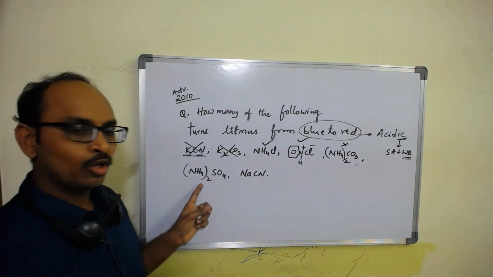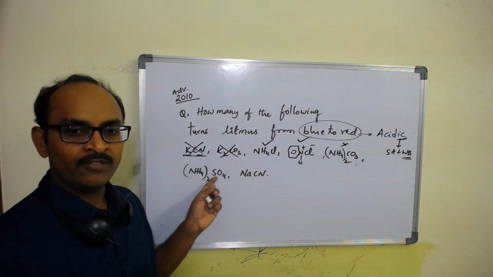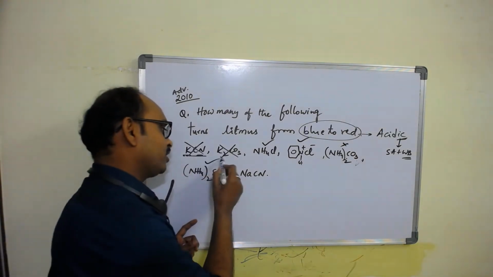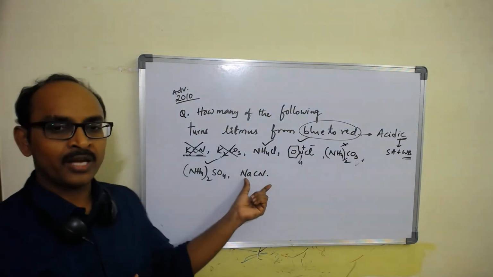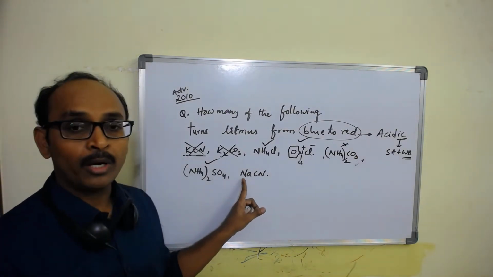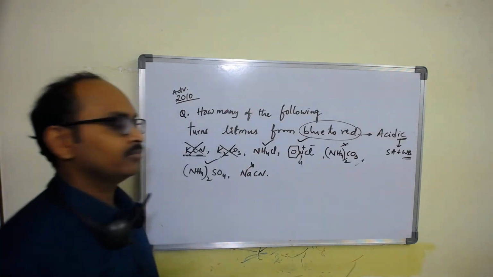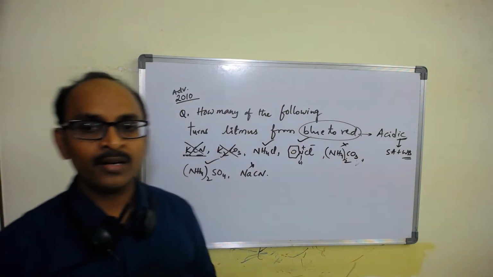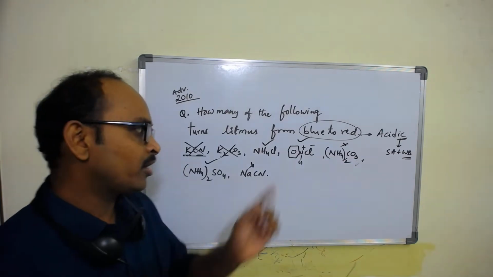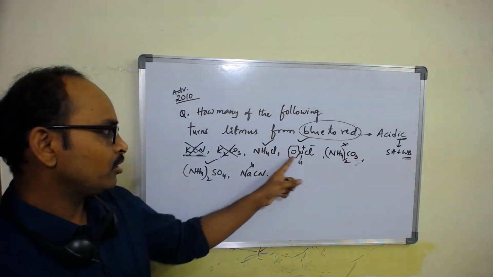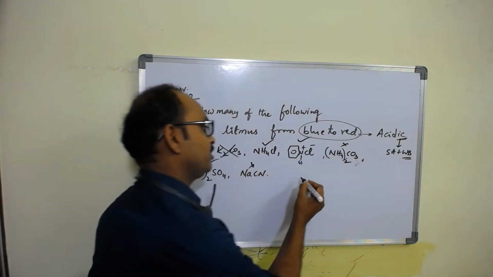And it is again a salt of ammonium hydroxide and sulfuric acid, strong acid, strong base. And sodium cyanide is a salt of sodium hydroxide, strong base, and HCN, weak acid. So of all these given, how many are the salts of strong acid and weak base? Here 1, 2, and 3. So the answer for this question will be